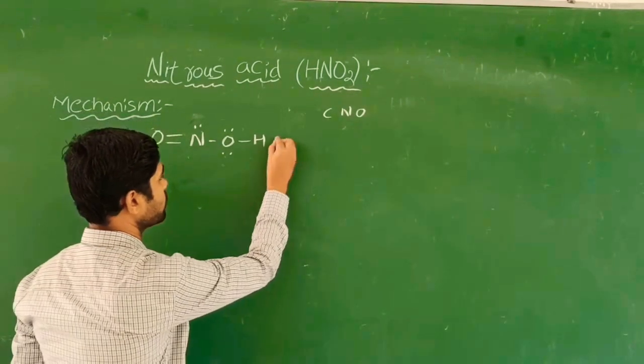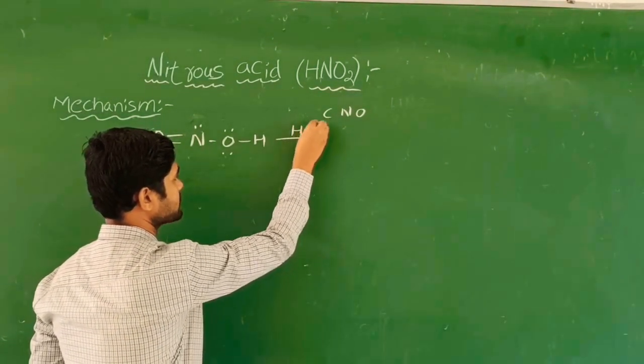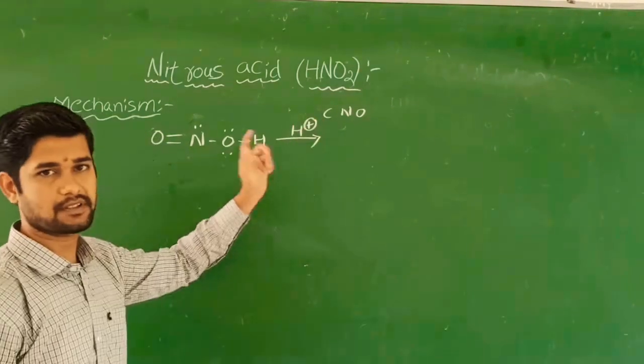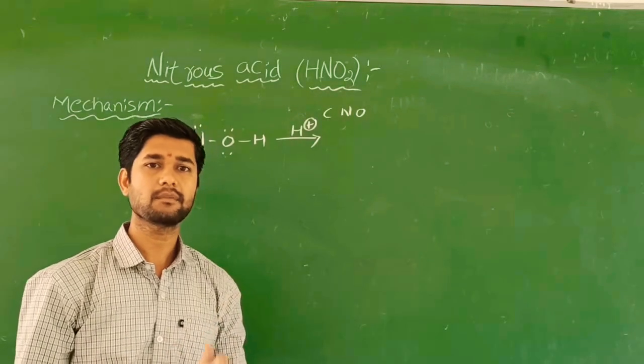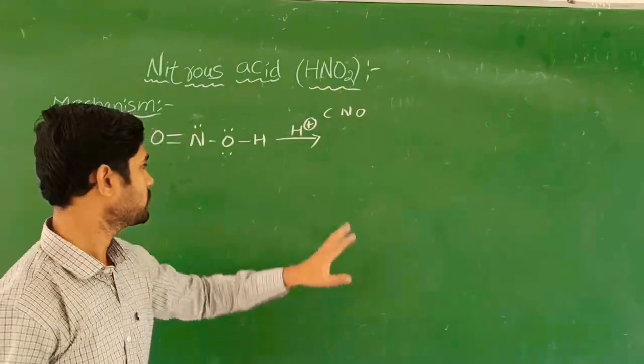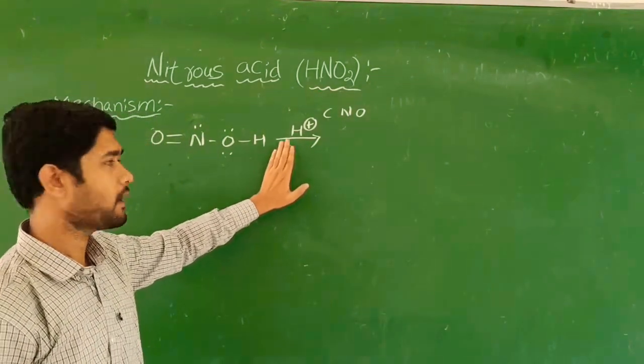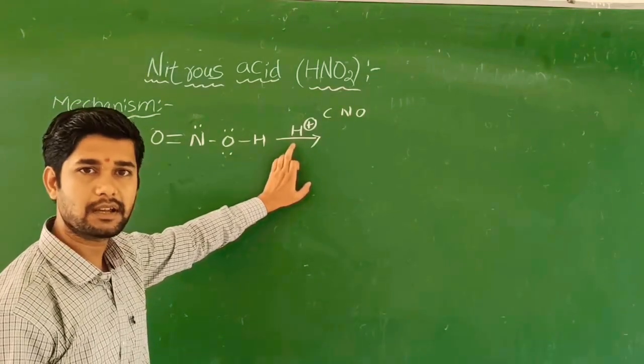Okay. So here I am going to carry out this reaction completely in acidic medium. So simply I write H plus ion. So acidic medium is H plus. If it is carried out in basic medium, we mention OH minus. So this reaction is taking place in acidic medium, so I just mention H plus here.